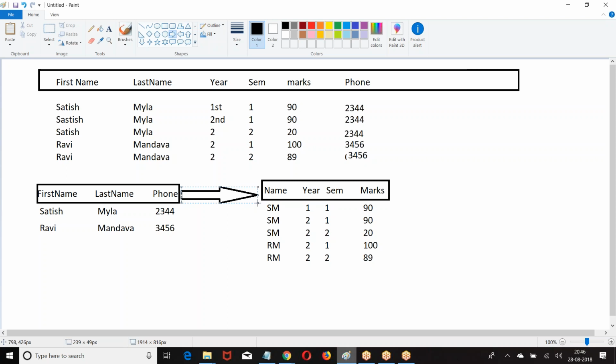Now, when you are splitting the data into multiple tables, we need to establish the relation. So how will the relations be established? If you go with a regular database, people use primary key, secondary key, and foreign key concepts. But in Salesforce, we have a concept called relations.